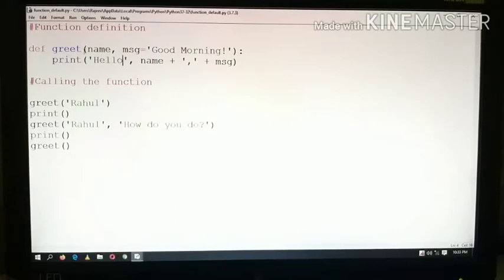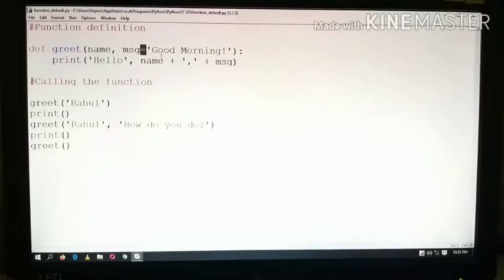A function can have default values in Python. Means in this I have written the greet function, the same function is there. Name is the positional parameter and message is the default parameter. Default means while writing the function definition, the value you have written with an assignment operator. We can provide a default value to an argument by using the assignment operator. While defining it, you are providing some value with the assignment operator.